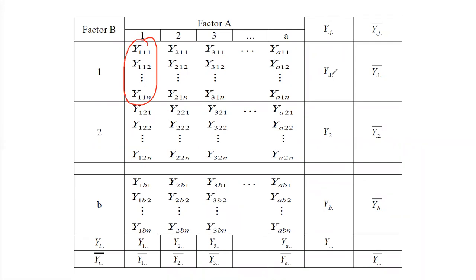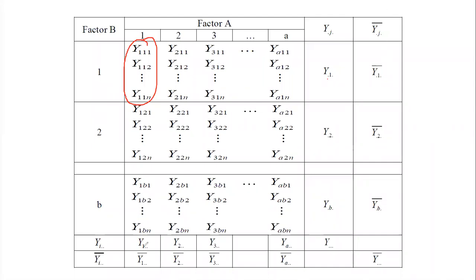And here I have obtained the row totals. I have used letter i to denote the column values and letter j to denote the row values. Therefore, the totals of the row values are included in this column, along with the mean value of the row. It means that you can simply take the mean of this set of values, where the total is divided by the total number of observations. Therefore, you can easily obtain the row mean values for each and every row.